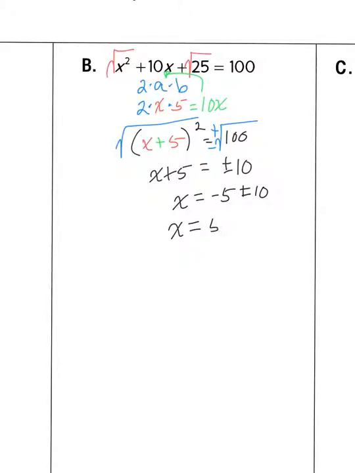Then actually perform that math. Negative 5 plus 10 is positive 5. Negative 5 minus 10 is negative 15. Remember that these solutions that we're coming up with are where the parabola, which is the graph of a quadratic, crosses the x-axis. So I know that my parabola crosses the x-axis at 5 and negative 15. I also know that this parabola opens up. So that means that the vertex would have to be below. So if I had to do a quick sketch,